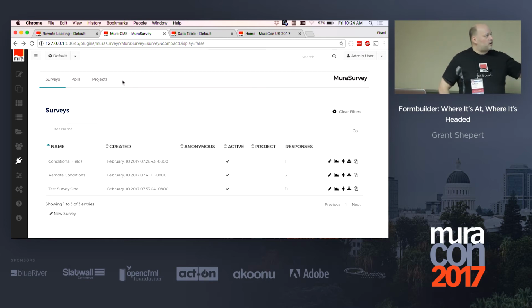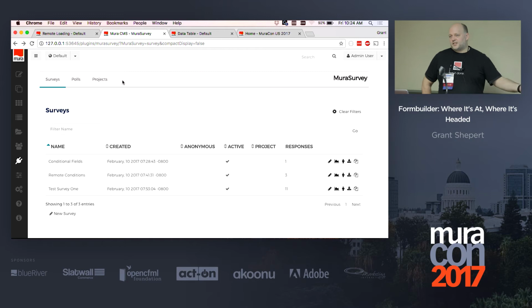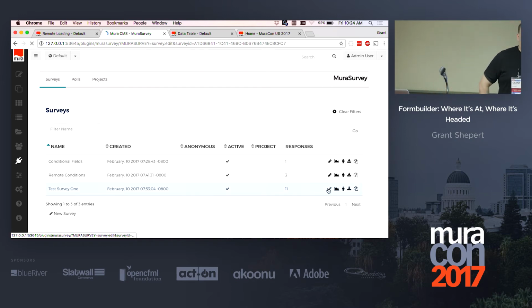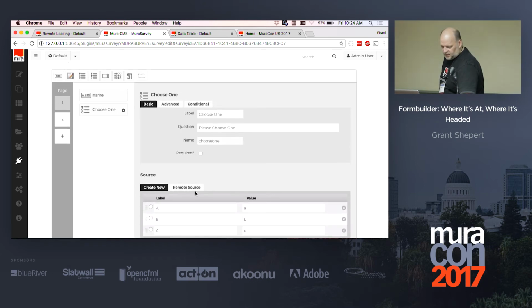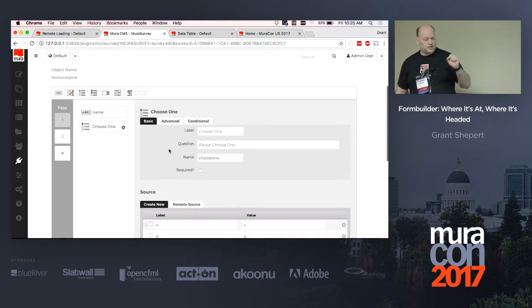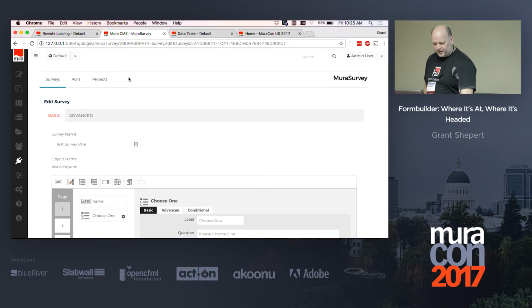But what I've also added is another tab at the top called templates. Whenever we create one of these surveys, the description of the survey, in other words, everything that you would see here, so each field, all the drop-down data, is actually stored in a JSON object. So we don't break it all out and create a big complex model for it. We just pack it all into a nice single JSON object that's very portable and easy to replicate. So duplicate was a pretty easy feature, but templates